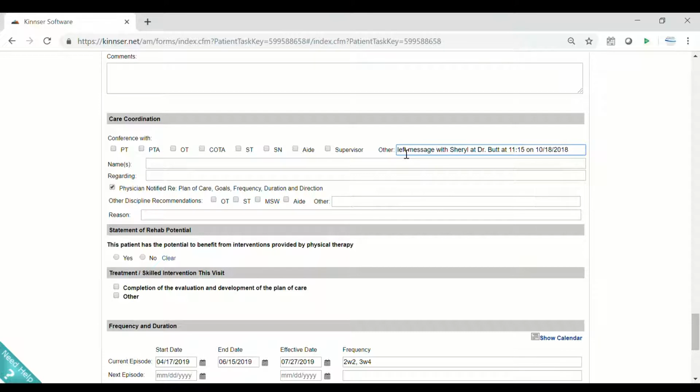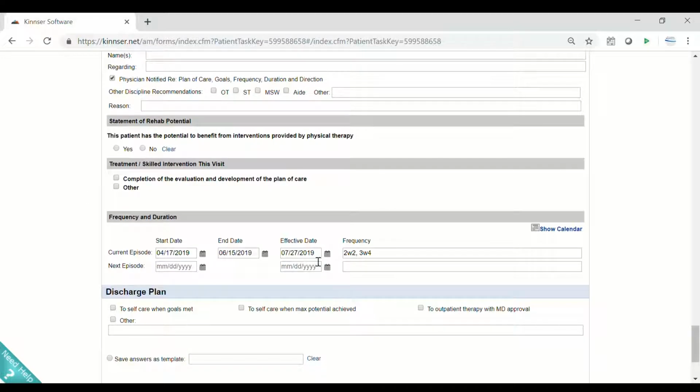The best thing to say when you're calling for an order is your name and that you are going to provide this type of service, and ask that please verify that the physician is going to sign the orders for occupational therapy, speech therapy, physical therapy, what have you. That way, please call me back. That way you're indicating that this doctor is actually going to be the signing doctor. Sometimes those doctors that are listed may or may not sign the orders. So this is a way to confirm that we have the right physician, as well as following the guidance from the regulatory bodies that we must call the doctor to verify our order.